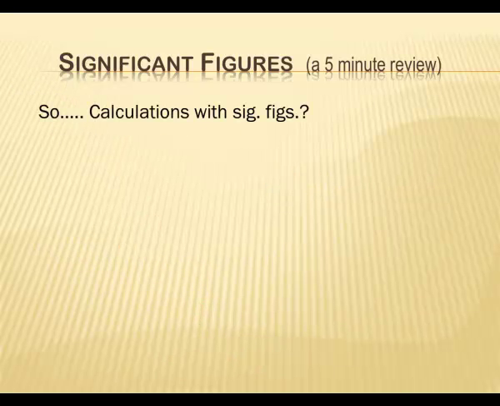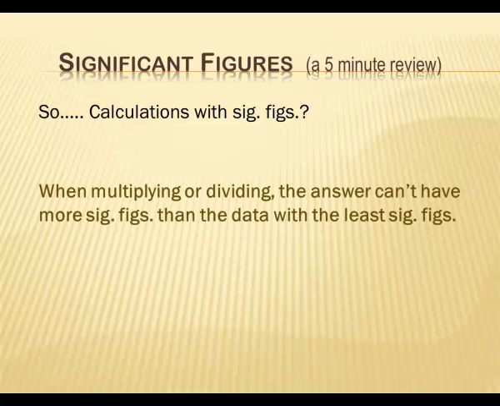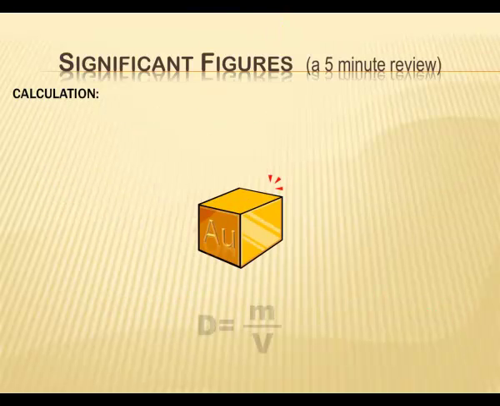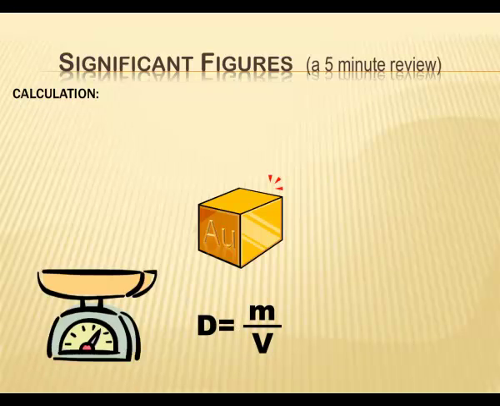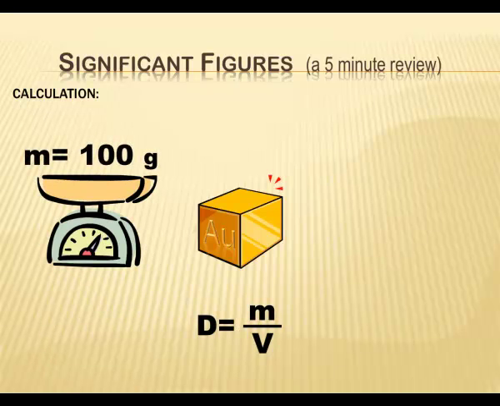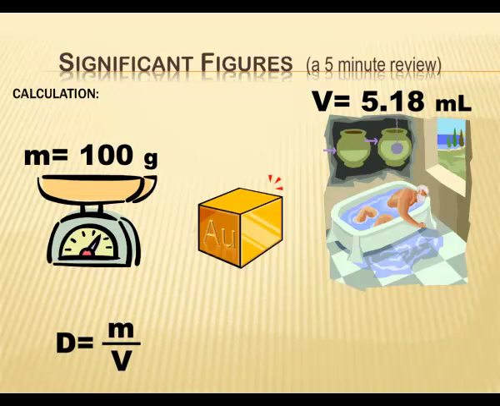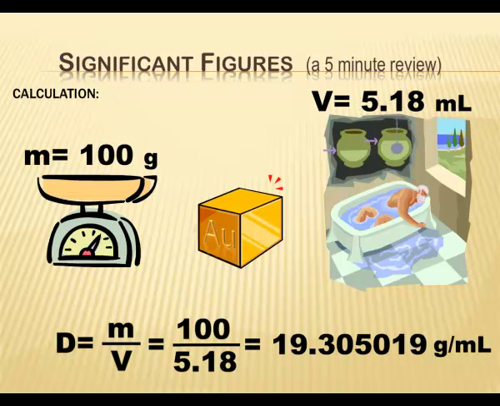All right, let's do a calculation with significant figures. When we multiply or divide, the answer can't have more significant figures than the data with the least sig figs. Or, perhaps more simply, round your answer to the least sig figs. So let's take that gold block and determine its density. We'll measure its mass, and in this case, it's 100 grams. We measure its volume with the Archimedes method or displacement method, and it's 5.18 milliliters. Put the numbers in place and calculate a value. You always do that even when you're rounding. The answer is